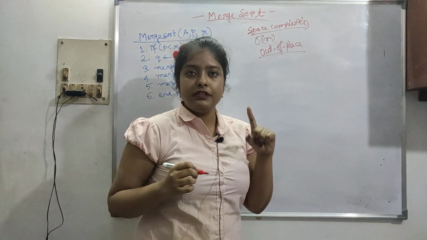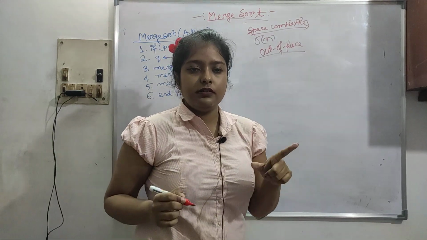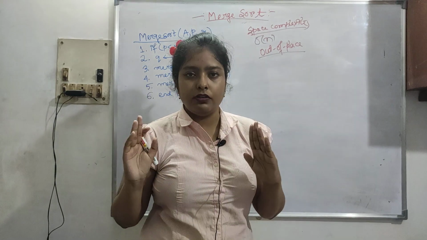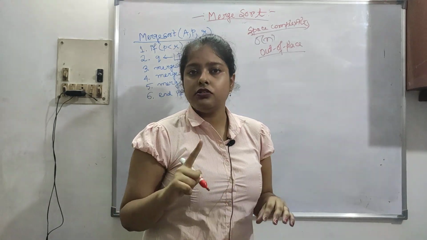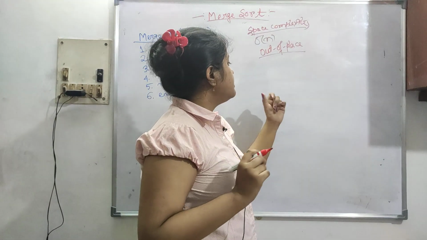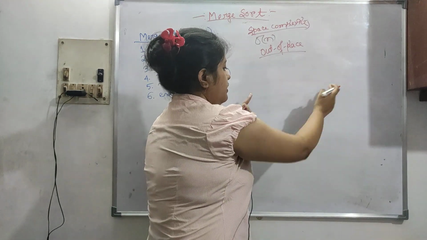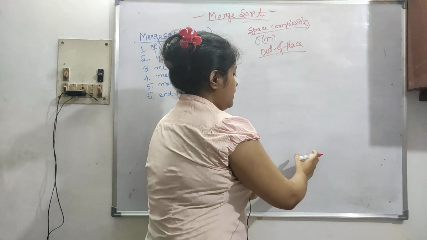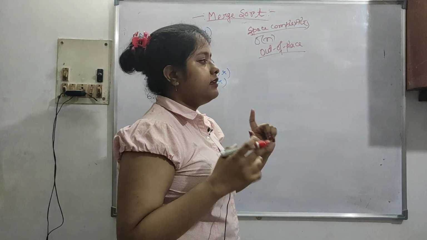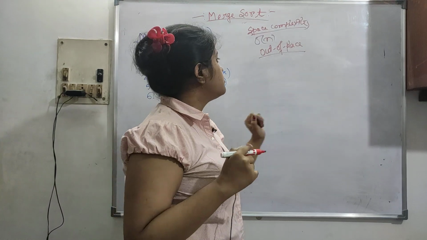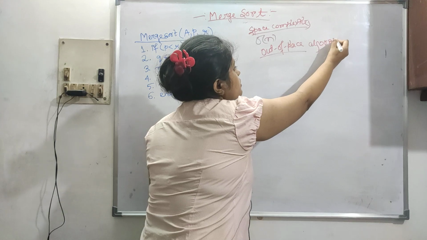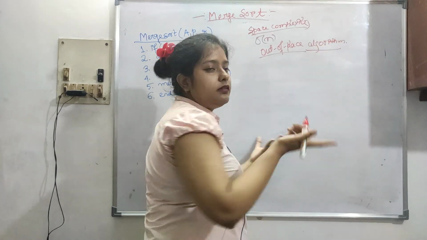We have seen that insertion sort is an in place algorithm, everything is going on inside the array. If you haven't watched the insertion sort, please go and watch it before this. And here it is out of place, because we had the array, then we are breaking it down into two and then conquering again, so this takes some space which is not inside the array. So this is an out of place algorithm. Some question may be asked on this, maybe.